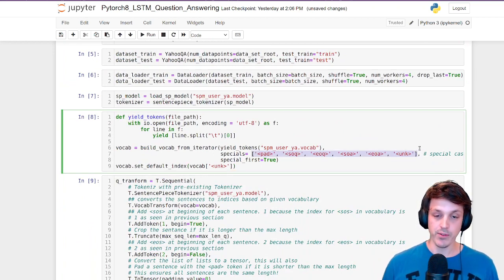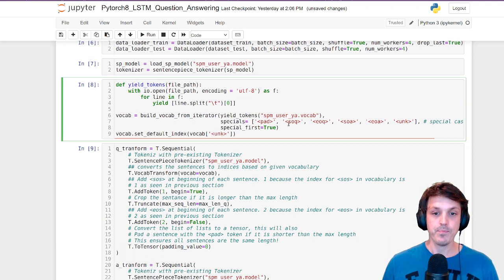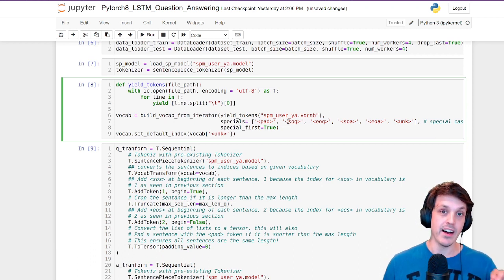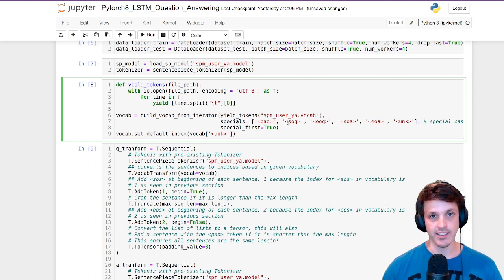However, this time we have a few extra ones that we've created. So previously we had the start of sentence and the end of sentence token to tell our model this is the start and this is the end of the sentence. But here we have two pairs of that. We have a start of question and an end of question, and a start of answer and an end of answer token. So I'm going to be using that to flag to our model, this is the start